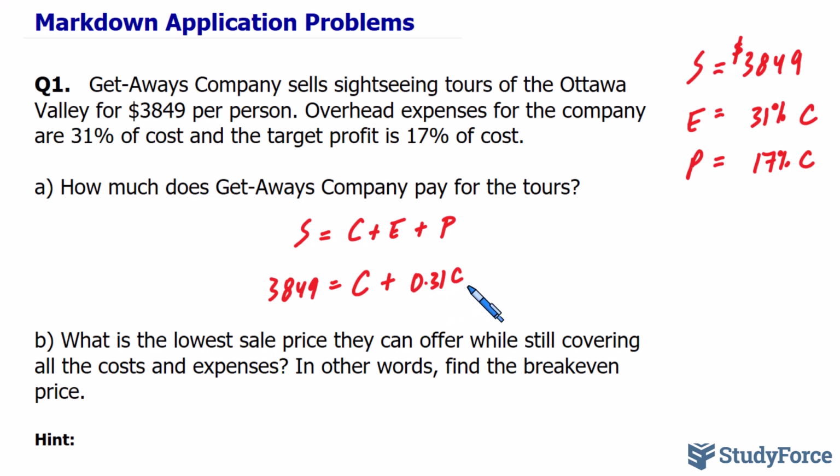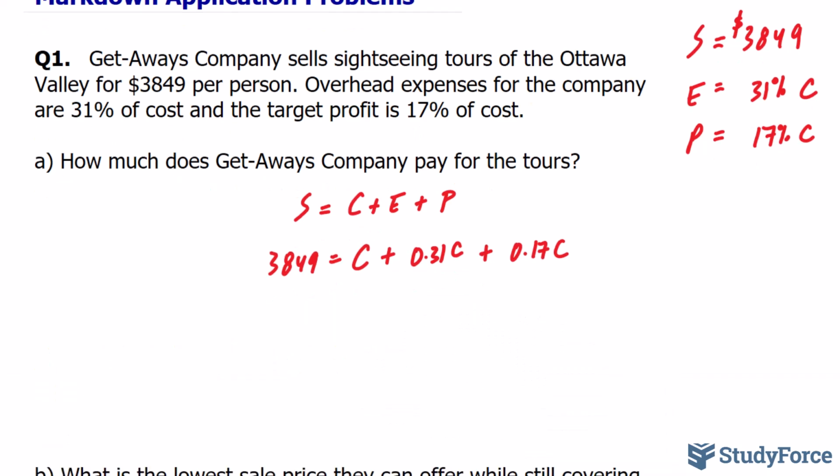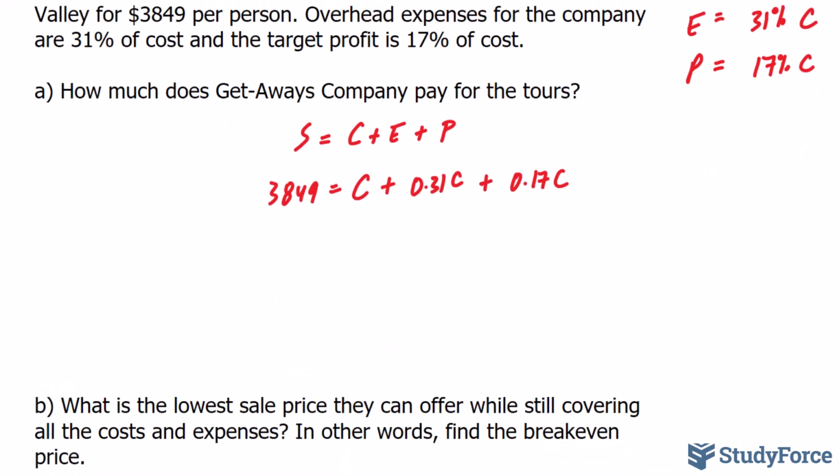And similarly, your profit is 17% of C. So we'll write down 0.17C. Believe it or not, we can actually solve for C in this equation because we have one unknown, that is C, and therefore we can solve for it. C can be common factored on the right side. We have a C here, a C here, and a C here in all three terms. So we can common factor that out, and we end up getting 1 plus 0.31 plus 0.17,